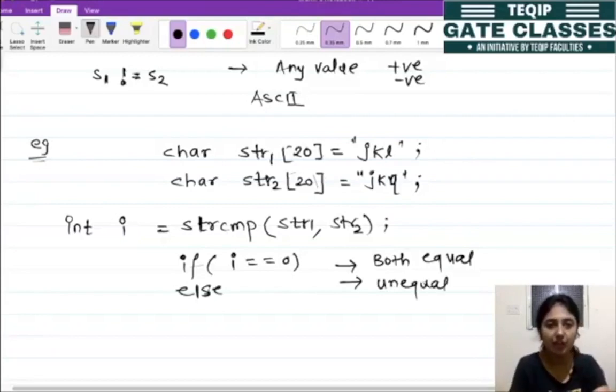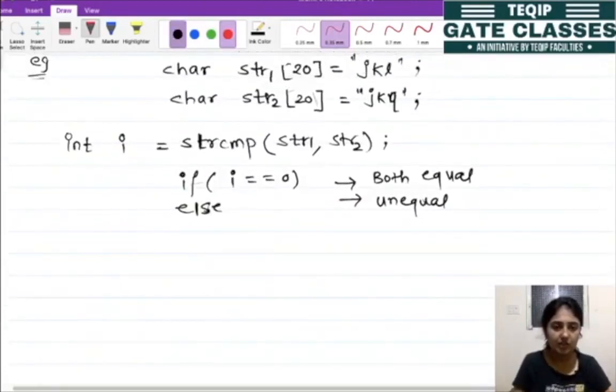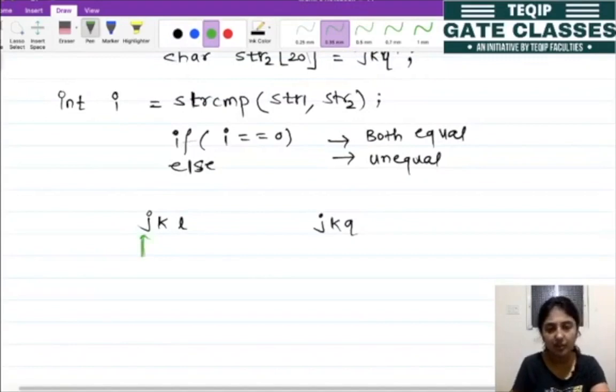So how does the comparison take place? Our first string is J, K, L, and the second string is J, K, Q. What does the compiler do? The first location J is compared with the first location of the second string.